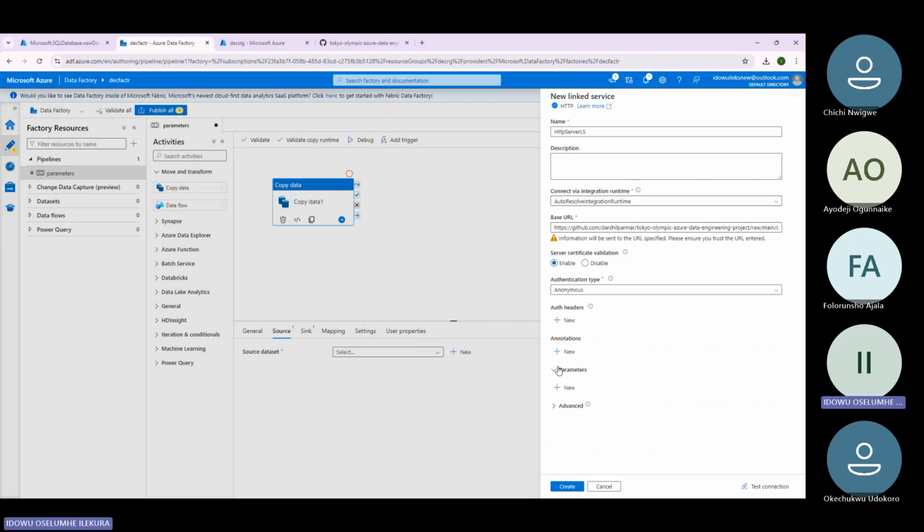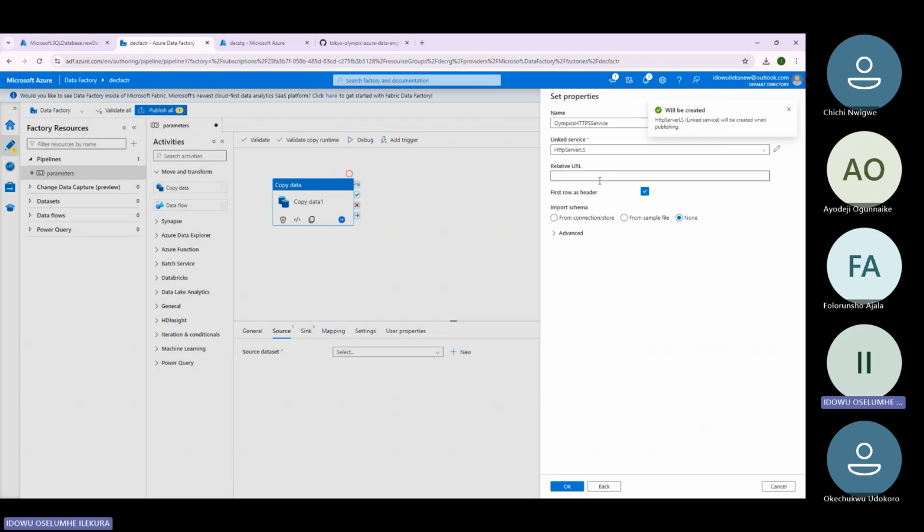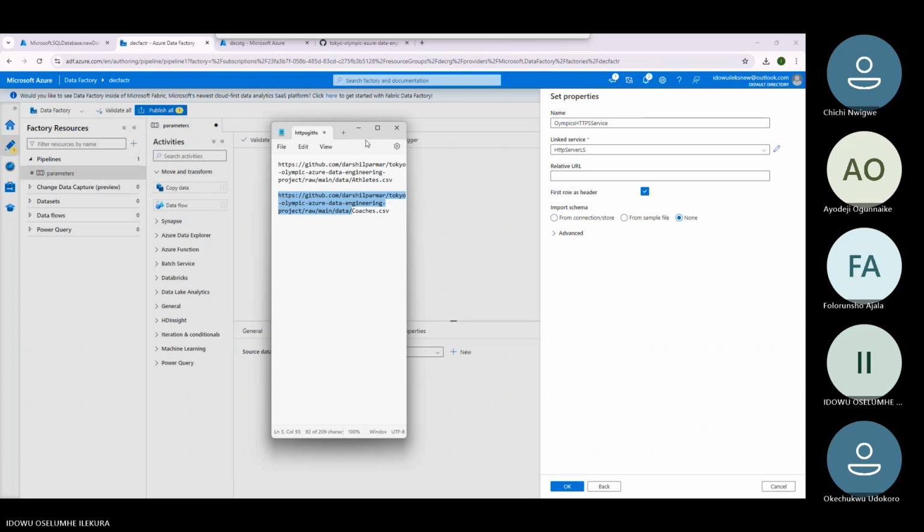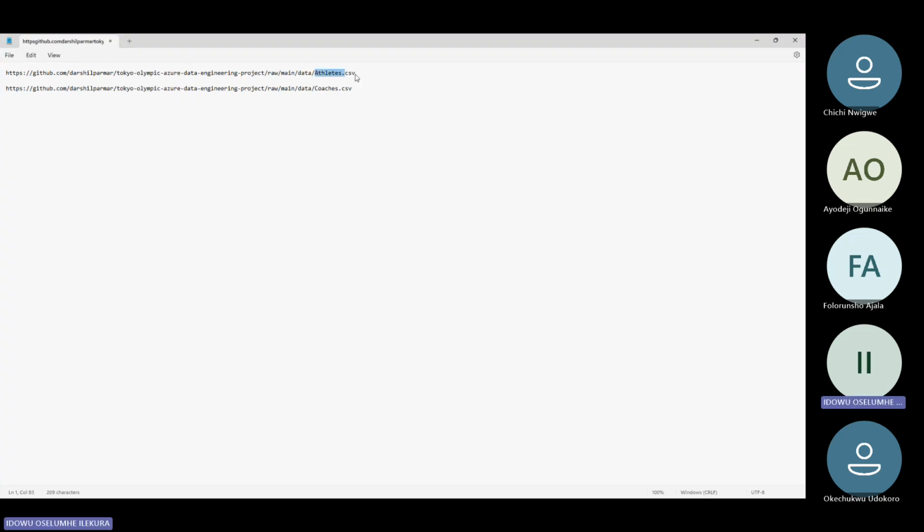So here you can also have the parameters in your link service. So you can click on new. So these parameters, you can have your parameters as new. So let's just click on create here. So now the relative URL is where you need to specify this last part, right? So the relative URL is this part, which is this athlete CSV, right? And by default, if you want to get raw files, you need to